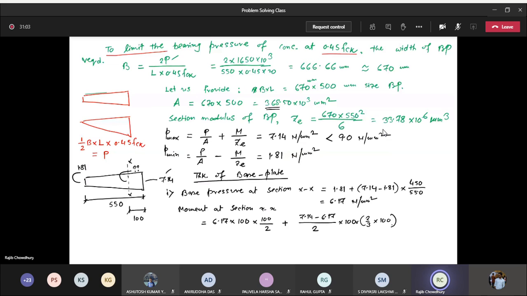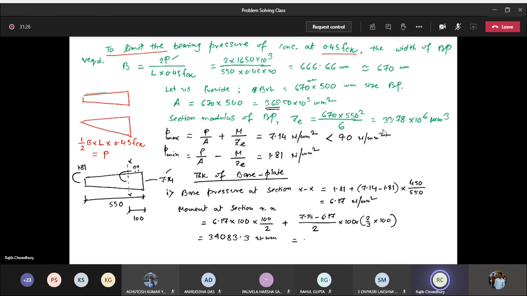Okay. Now this is becoming your 34083.33 Newton mm from my calculation, and this should be equated with